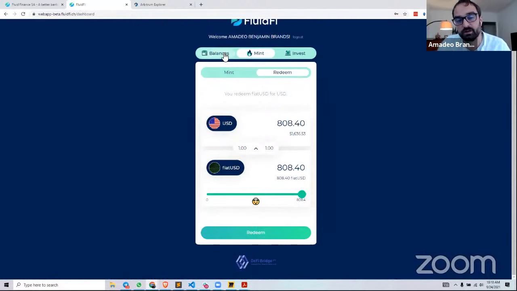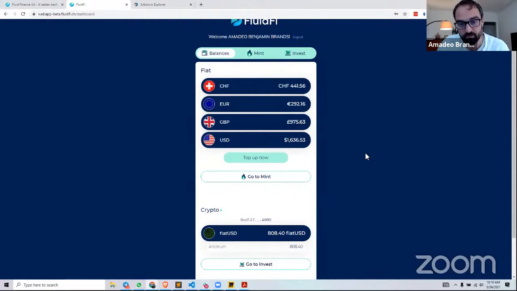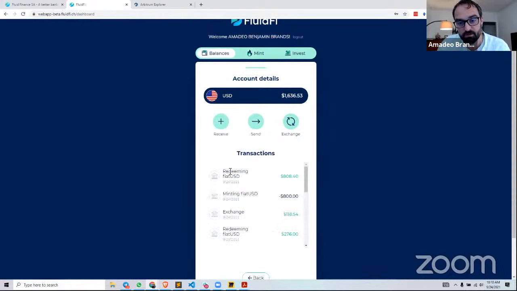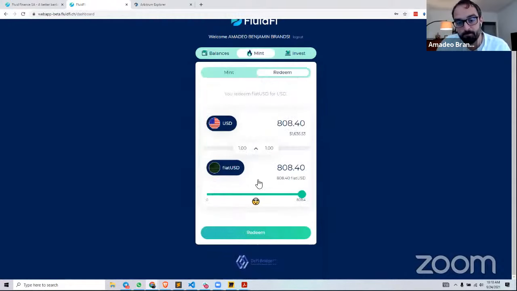So as you saw, it's really fast. And it's that fast because the block times in Arbitrum are much quicker. And also the gas fees are much lower. And the response time is really quick. It really works very well. So then we go back here and we can see the redemption of $808 is complete. So now we've been full cycle. Yeah, one thing you might ask, like, okay, now I have fiat US dollars on my account, and what then?